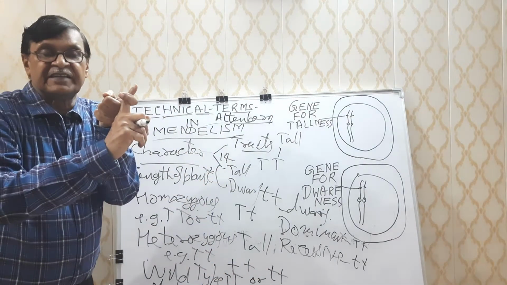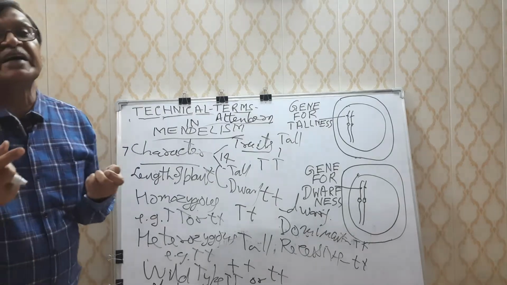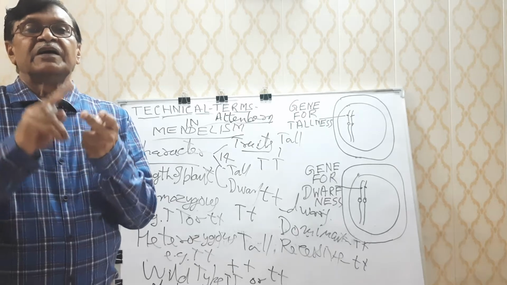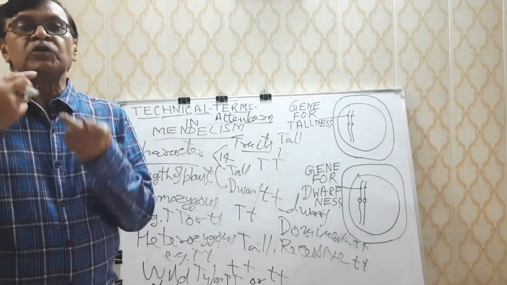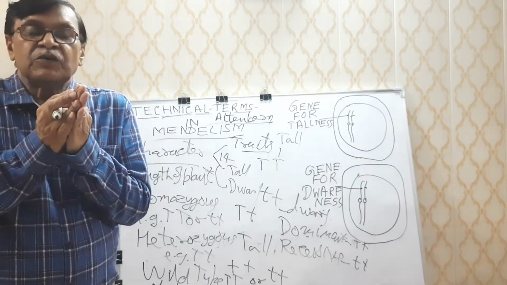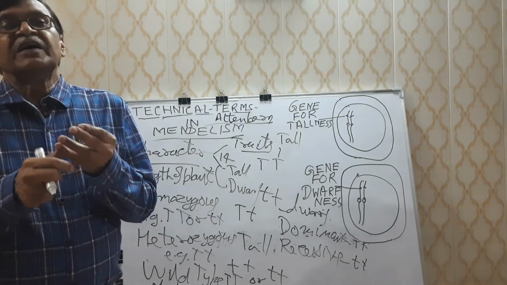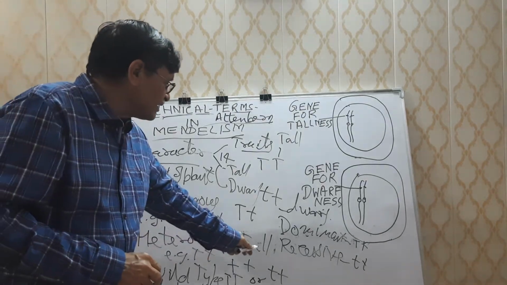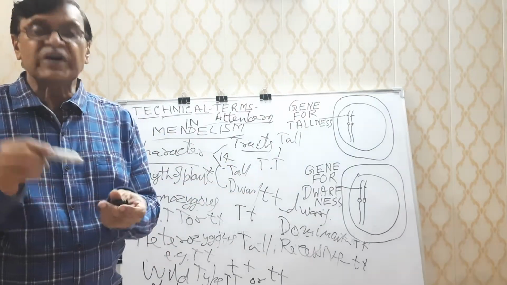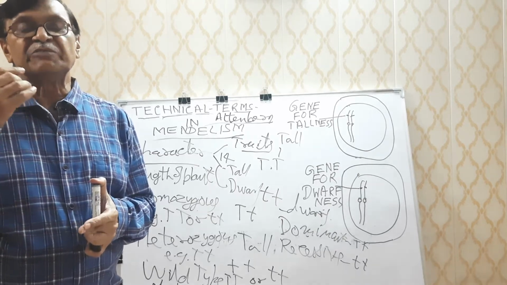Two terminologies are there, one dominant and one recessive, which were given by Mendel. Mendel said that when factors for both opposing traits are present together, then only one of them expresses itself and is called dominant. It is depicted by a capital letter, and the other one which fails to express itself is called the recessive character, and it is depicted by a small letter.